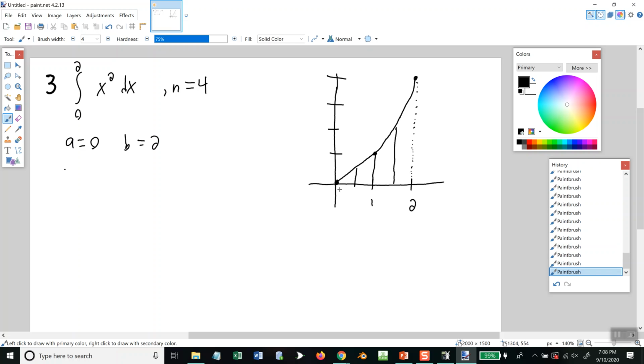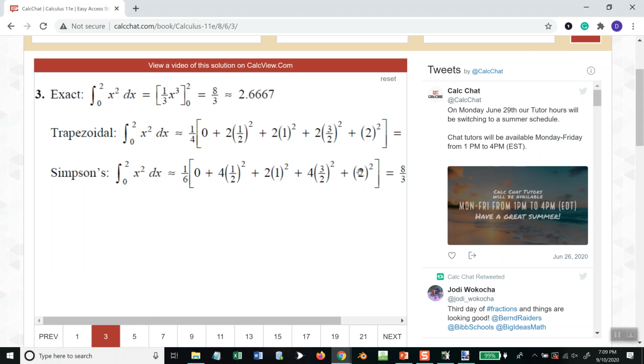Now, what we're trying to find here is what these values are down here. Well, this one here is obviously 0, isn't it? This one over here is obviously 2. Now, I know you can look at these and see them. They don't actually write it out here, but there's 0 here, and you can see it's 1/2, 1, 3/2. But how you get that